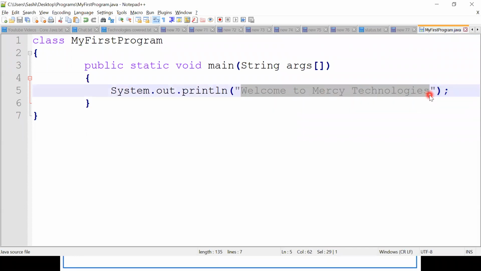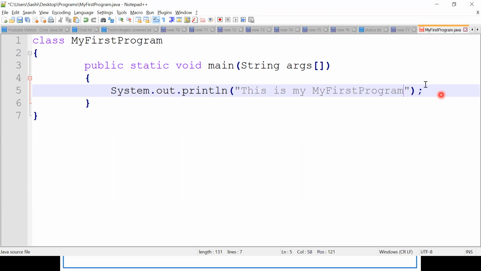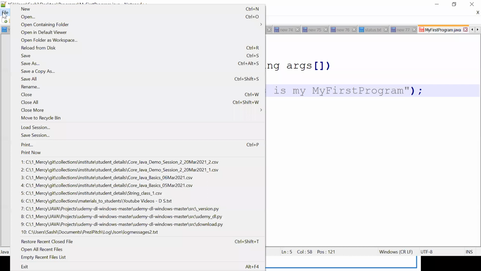Now what I'm going to do, I'm going to remove this and keep this is my first Java program. I'm going to print something like this. Now what are the steps I need to follow? Again from the beginning. First thing is I need to save it. Click file and save.